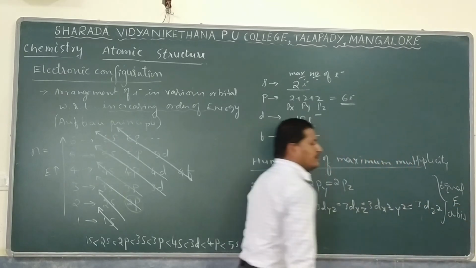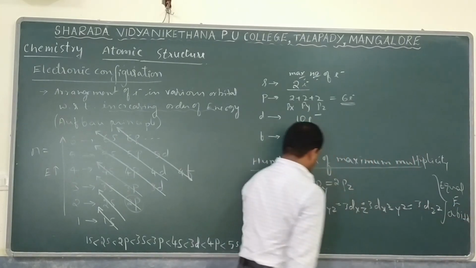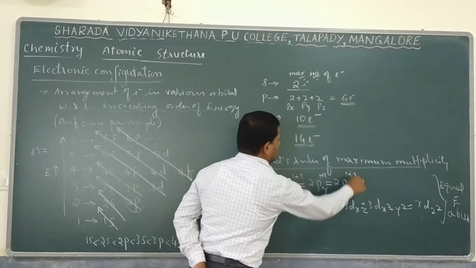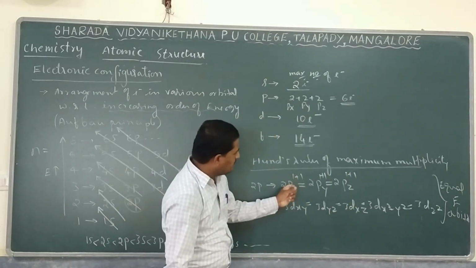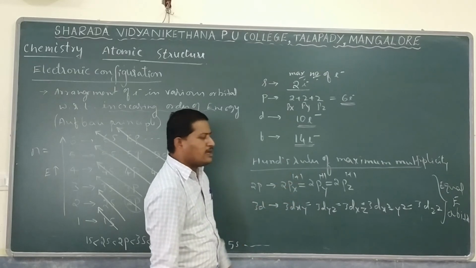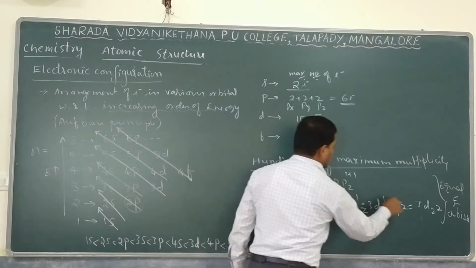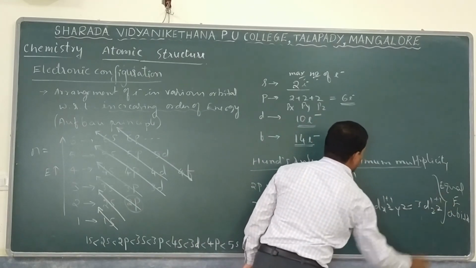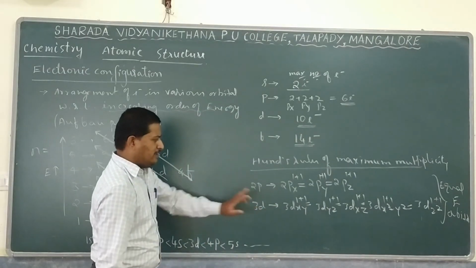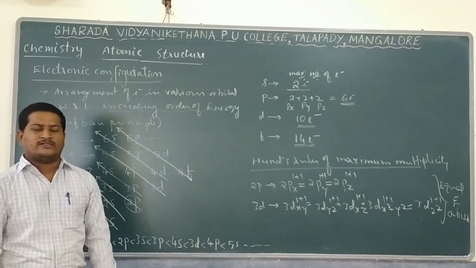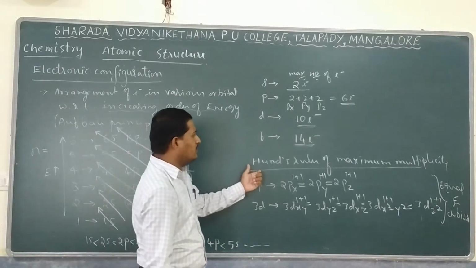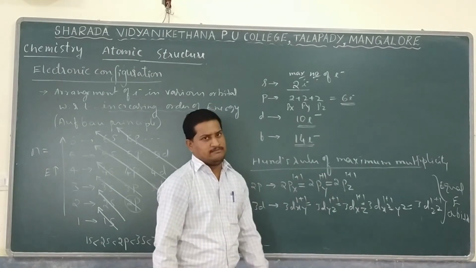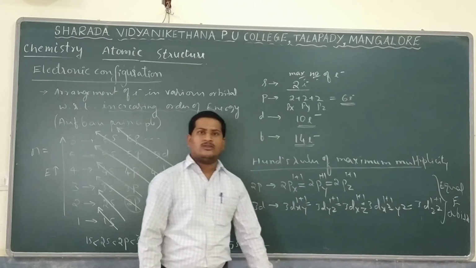So in the case of equal energy orbitals, electrons first occupy singly, one each, and then pairing starts. Observe: the first electrons occupy singly, and if an extra electron is there, then it starts a pair. Thus, in the case of p, d and also f, electrons first occupy singly, then start pairing. That is given by Hund's law: for equal energy orbitals, filling of electrons first takes place singly, then pairing starts. So this is the second rule we have to remember.